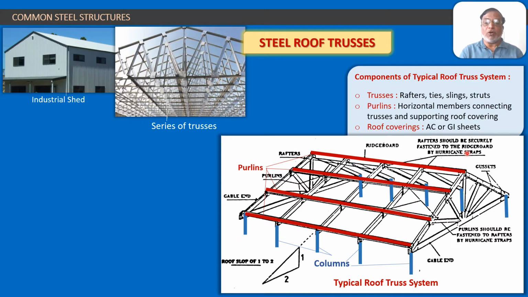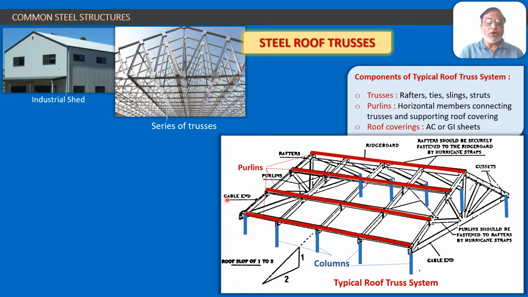If you look at the components of this system, you will find that this triangle is a roof truss. It is having some inner geometry of its own. Now similarly at the end also there is one more truss, and in between you are having this truss and this truss. So there are different trusses, 1, 2, 3, 4, 5 trusses. The details of these intermediate trusses are not shown in the diagram in order to avoid congestion. But these are the same trusses as the first and last truss.